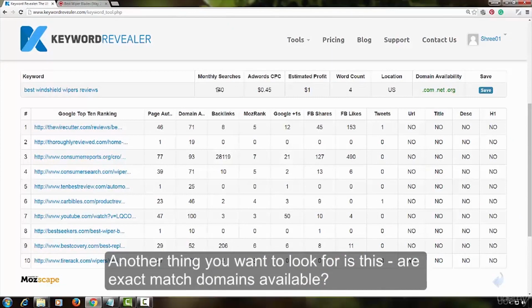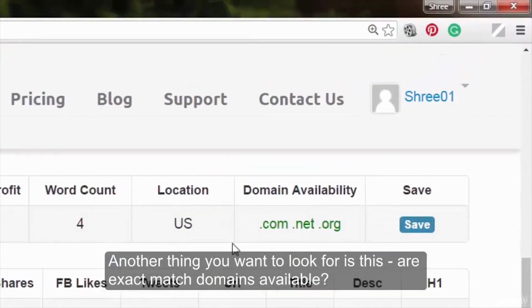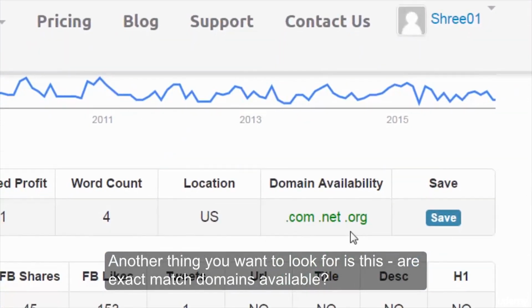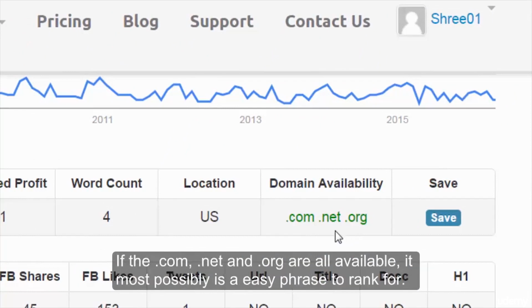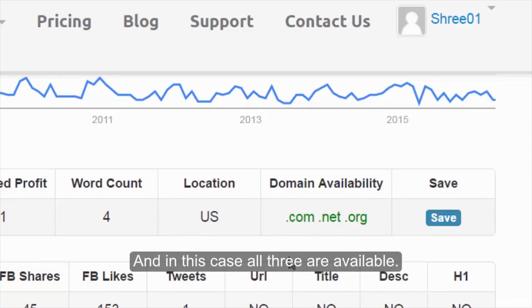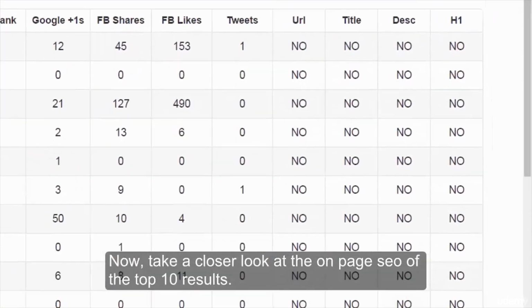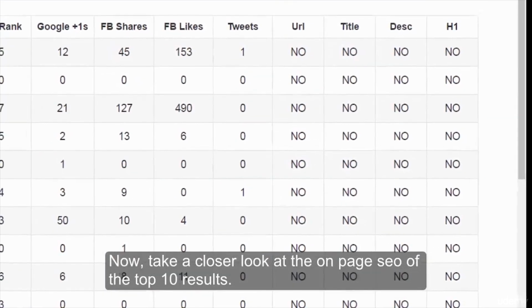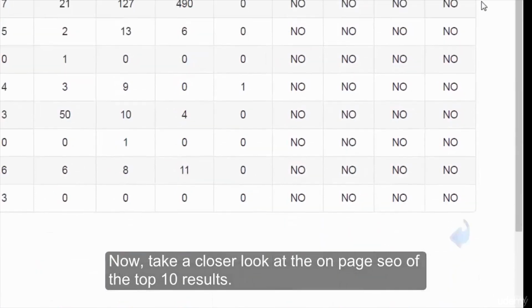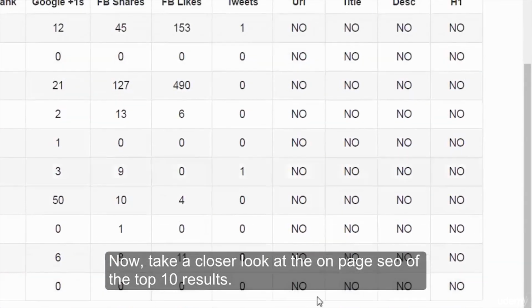Another thing you want to look for is this: are exact match domains available? If the .com, .net and .org are all available, it most possibly is an easy phrase to rank for, and in this case all three are available. Now take a closer look at the on-page SEO of the top 10 results, this section.